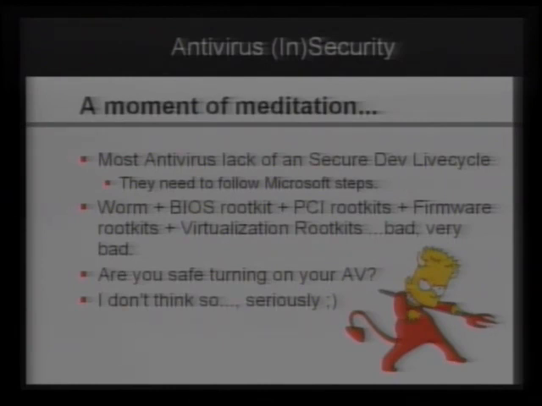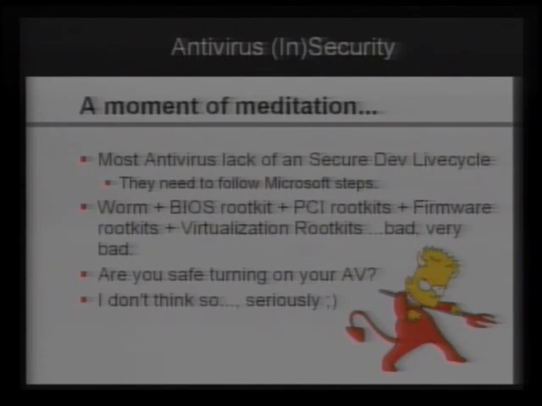Basically, what I've seen is that most of the antiviruses, the large companies, have changed now, though. I don't know how many have changed. At least that's what they told me. But the bugs are still there. So they don't have a security development process. If you don't have a security development process, that is why you have a lot of bugs, right? Somehow they need to follow the steps of Microsoft. Microsoft is trying harder every day, even though there are a lot of people who just don't like Microsoft. The truth is they are doing their best.